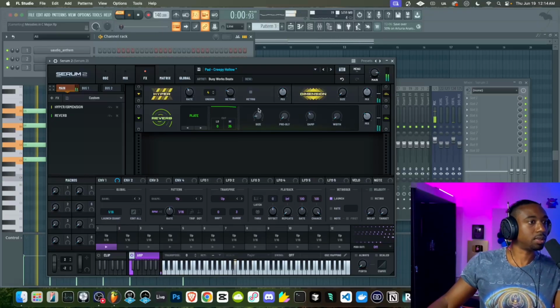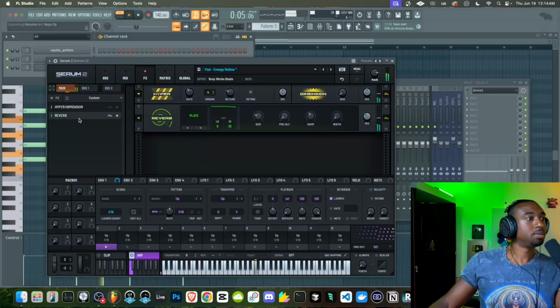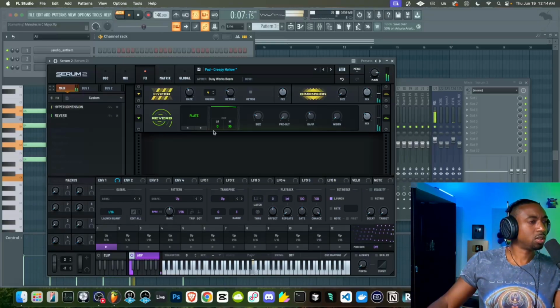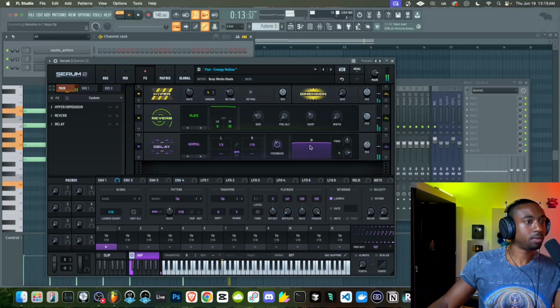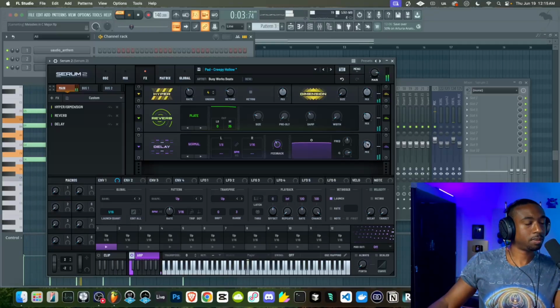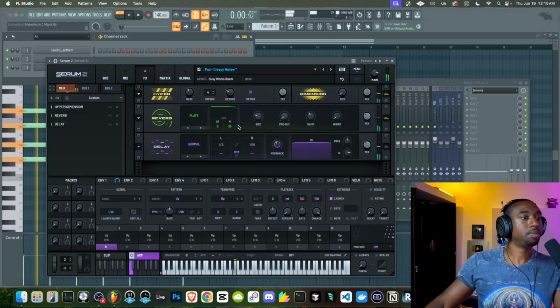So I'm just shaping the size of the reverb here. Let's add a little quick delay, just to fill in some of that gap. So it's like that.